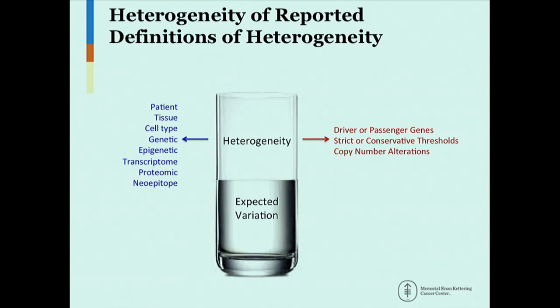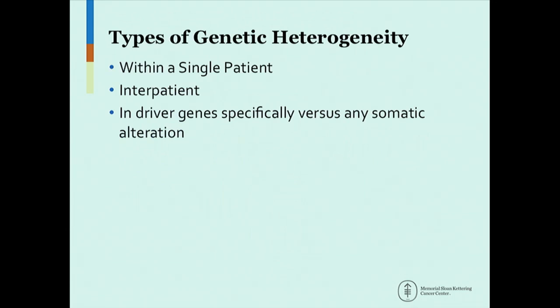Within genetics specifically, are we talking about driver genes? Are we talking about passenger genes? Any mutation, driver genes only, et cetera? What are the thresholds for calling a driver gene? And copy number alterations, what is the definition of what is a true copy number alteration versus what is just aneuploidy and noise? So I also try to think out, so I'm giving you my definitions before I show you